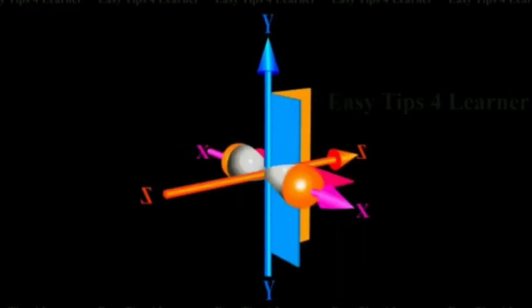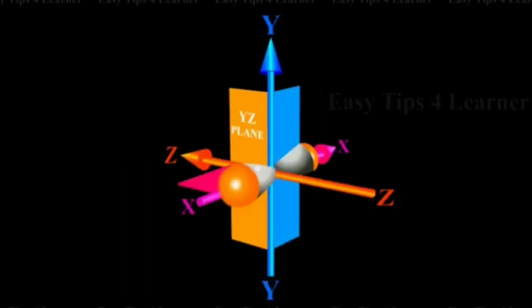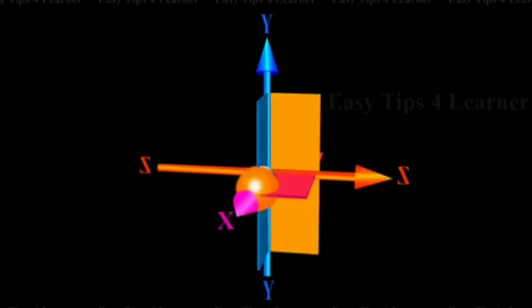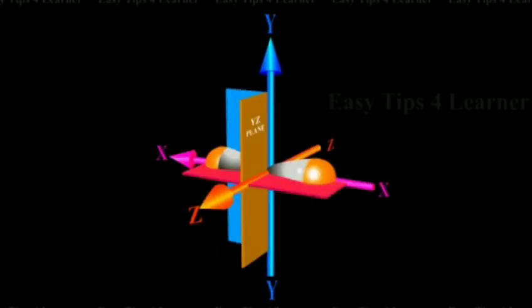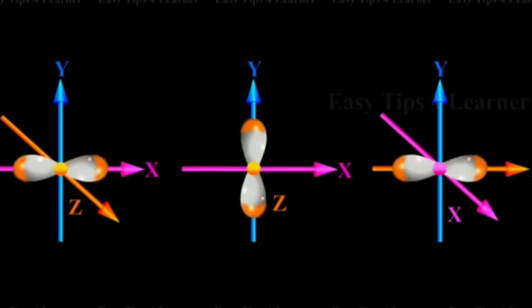Two lobes of each p orbital are separated by a nodal plane, that is, a plane having zero electron density. For example, for 2px orbital, the yz plane is the nodal plane. Thus, p orbitals have dumbbell shape and have directional character. The probability of finding the electron is equal in both the lobes. The p orbitals of high energy levels have similar shapes although their sizes are bigger.